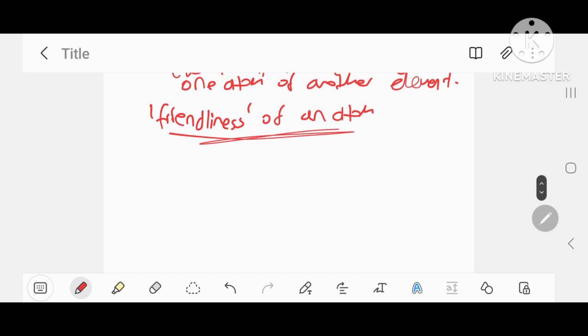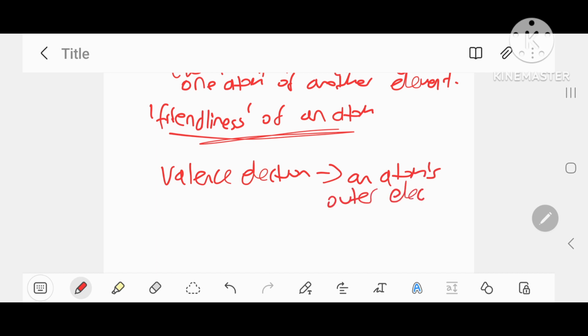So to understand valency, let's get into valence electrons. So a valence electron by definition is simply an atom's outer electron. Okay, there could be more than one valence electron. So for example,